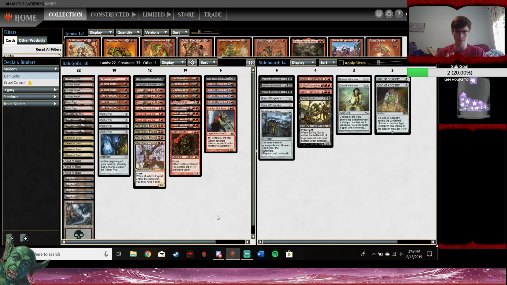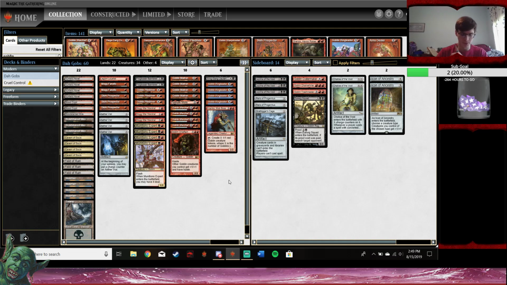Today we're doing some Modern Goblins content. Legacy is still a hellhole that I don't want to touch. So, we're wandering into Modern, which is also kind of a shitstorm right now because of Hogak, but we've been doing alright with Goblins. So last time in Modern we